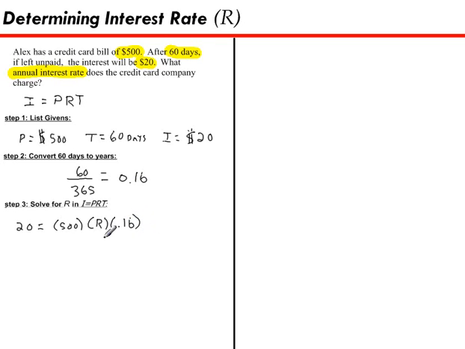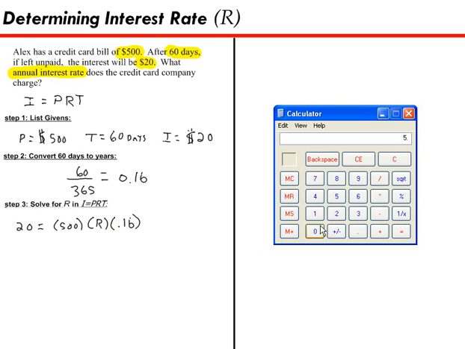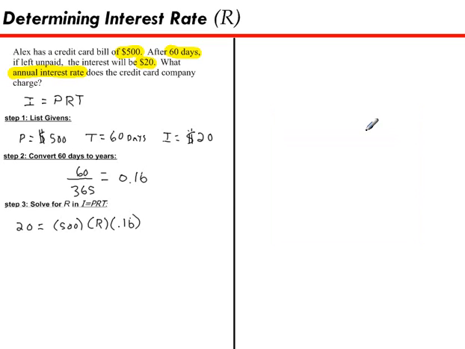Since these three numbers are all multiplying each other, I can simplify this a little bit by multiplying 500 and 0.16. That's what I'll do now. 500 times 0.16 is equal to 80. So I multiply these two numbers together, and I'll put them at the front of the R next. So I have 20 equals 80